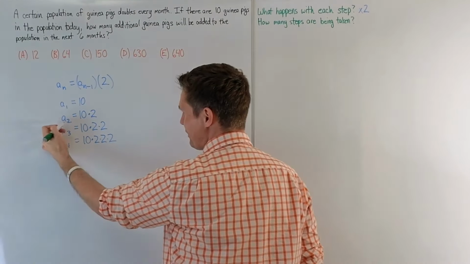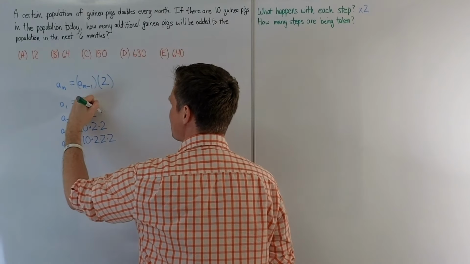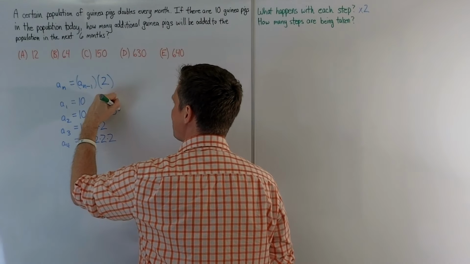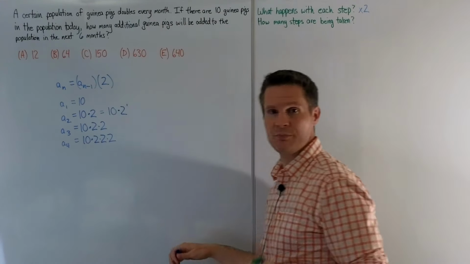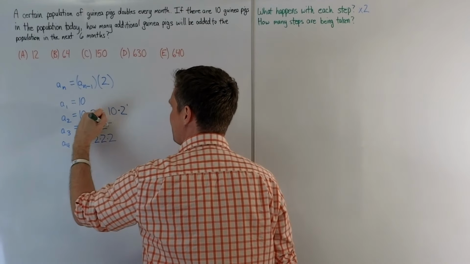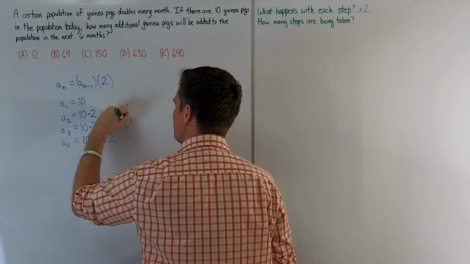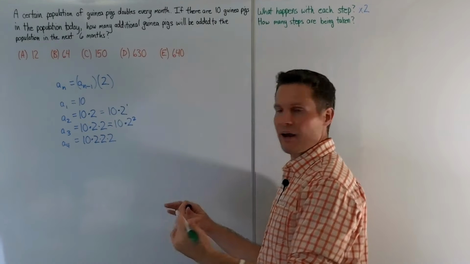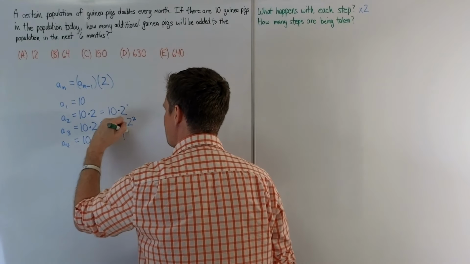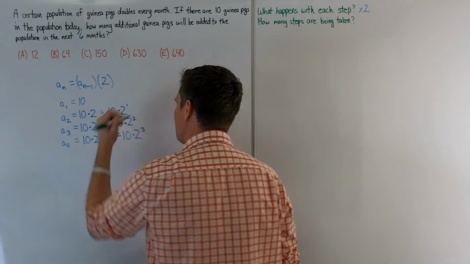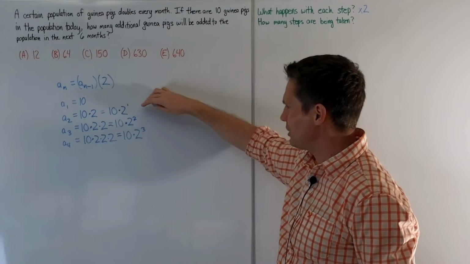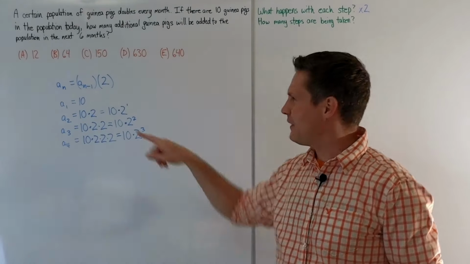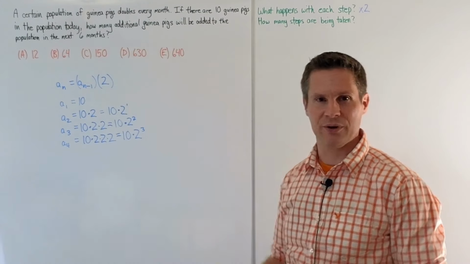How would we represent that? Well, a sub 2 equals 10 times 2. We could also call that 10 times 2 to the first power. A sub 3 equals 10 times 2 to the second power. A sub 4 equals 10 times 2 cubed. And so you can see the progression here of exponents, and that number that we have as an exponent is